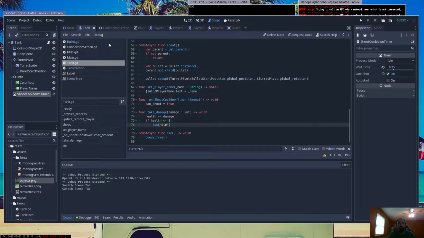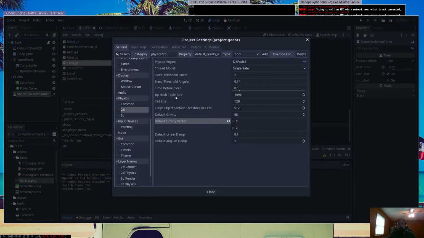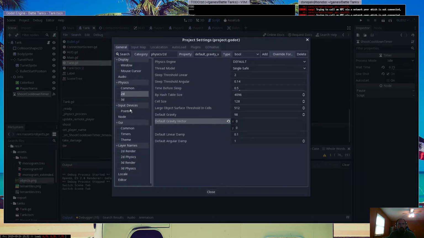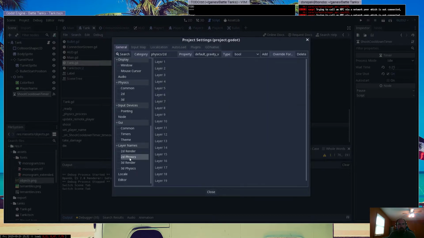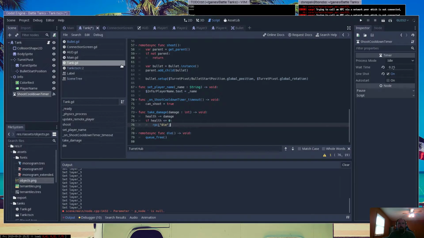Let's set some physics layers. 2D physics. No, where do I want to go for physics layers? Or collision layers, I mean. Here we go. 2D physics. I'll say environment, players, bullets. And we're going to say